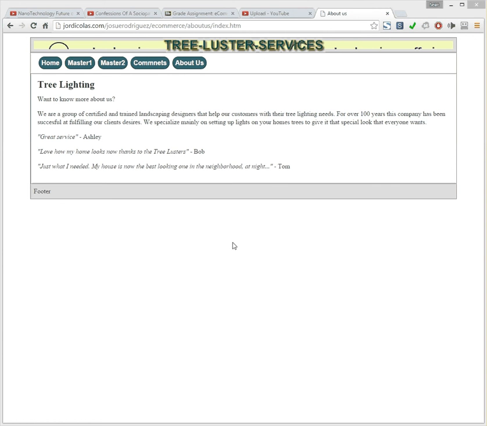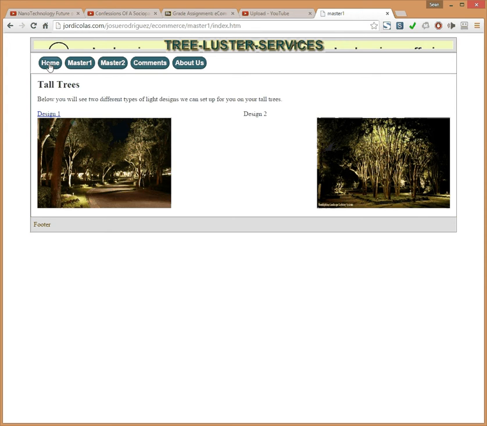Okay, let's take a look at Tree Luster Services. First off, I'm not really sure what this little yellow area is up here. I'd like to know a little bit more about that. It looked like you had an image or a graphic or something back there. I'm not sure what it's supposed to say. You could have a little more real estate there, and I'd really appreciate seeing a banner like you have